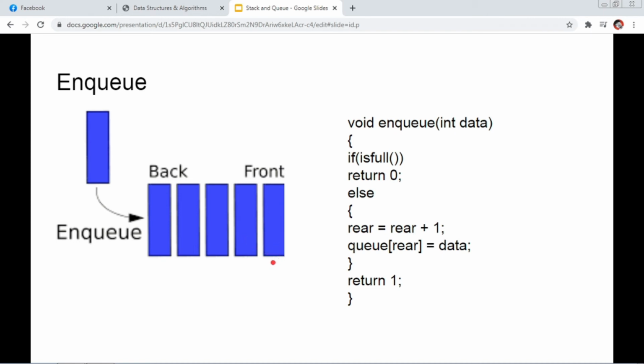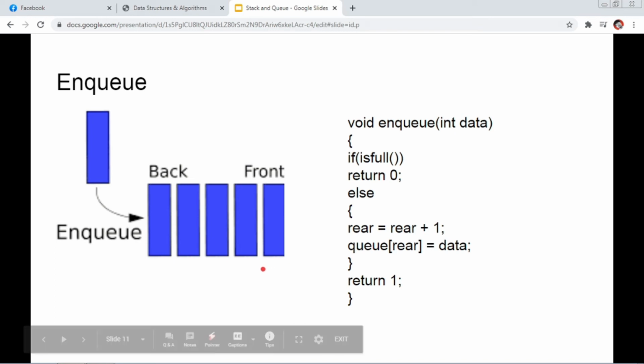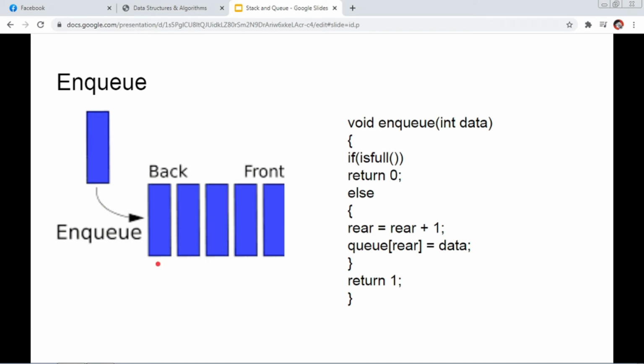So for example, our front here is the first element that has been added. For example, this is 0 1 2 3 4, so the last element is 4. The element that we will add goes into 5. That's why we have rear equals rear plus 1. So when we add an element, the variable that we increment is the rear. So when we enqueue, we always increment the rear so that we can get the